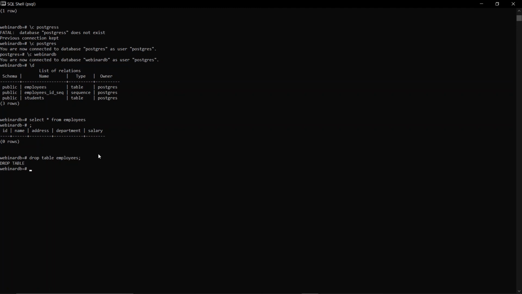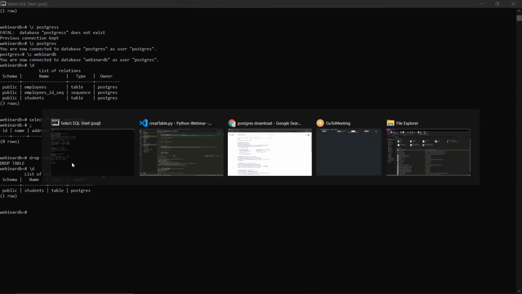Okay, this is for deleting the table. If we want to see it with slash D, then we will not find any table employees over here. Yesterday I mentioned how to drop a database. Now I mentioned how to drop a table. So this is the way we drop a table.